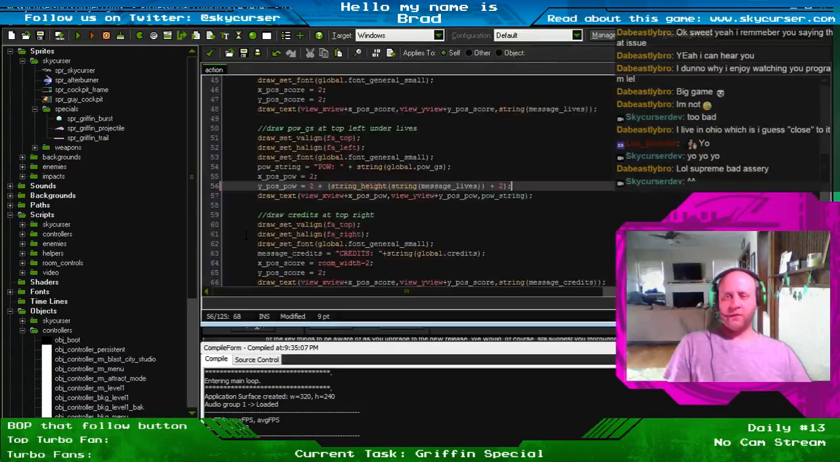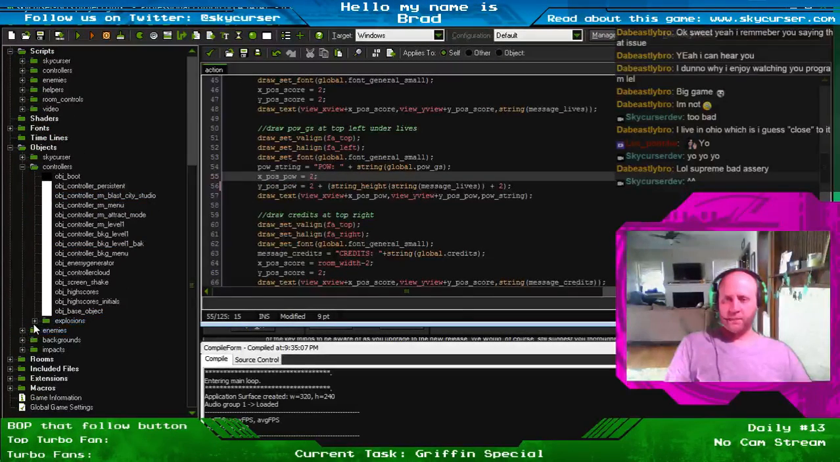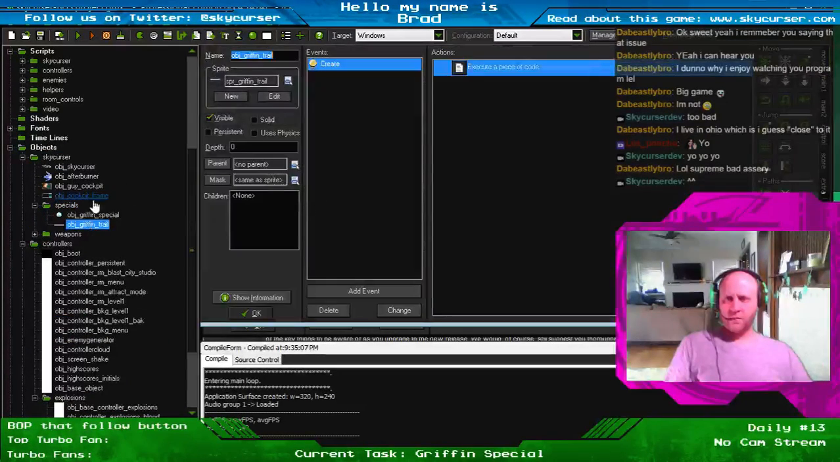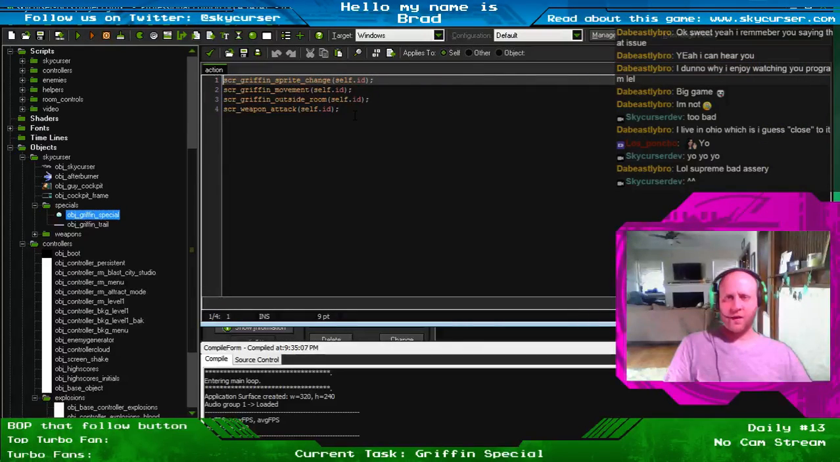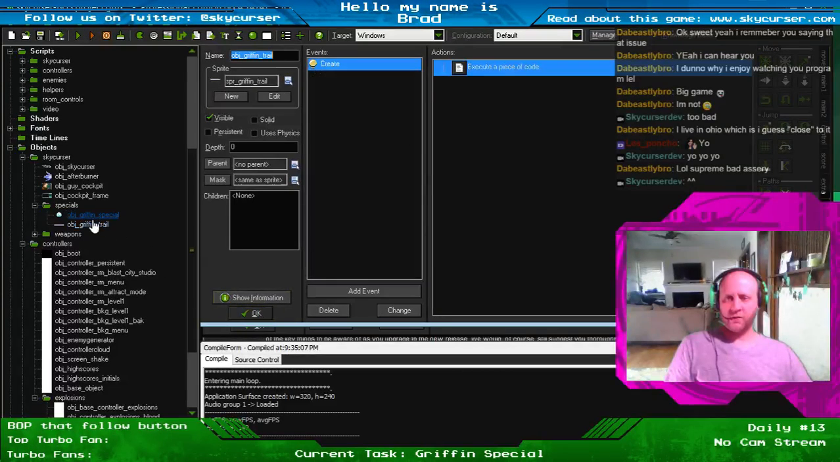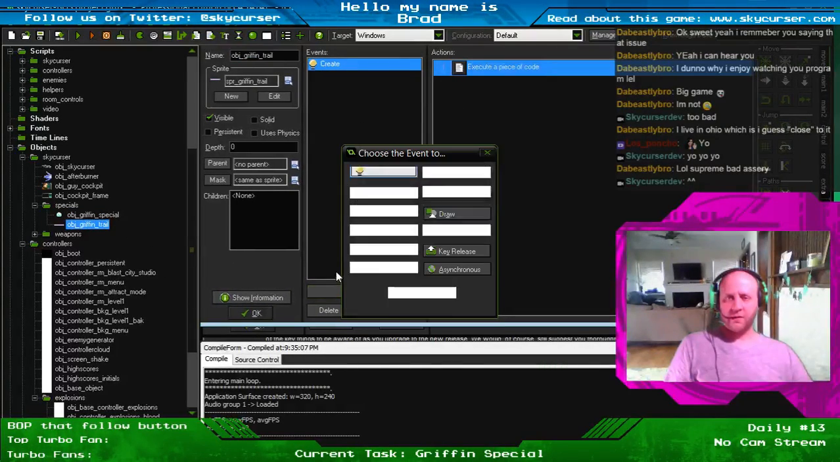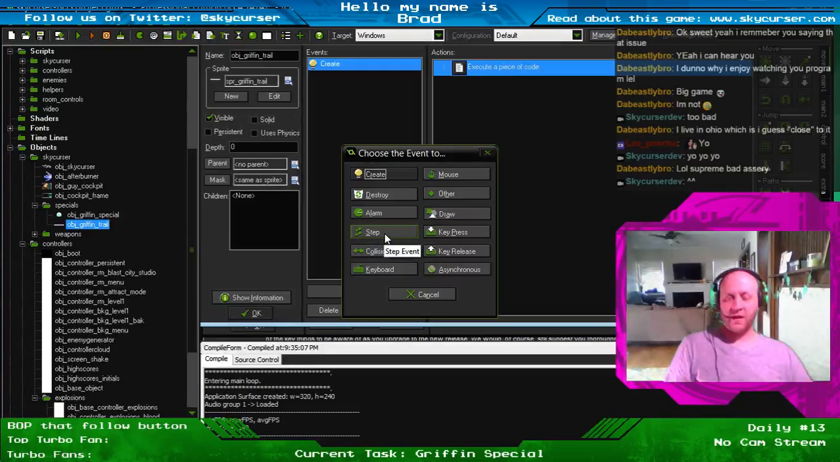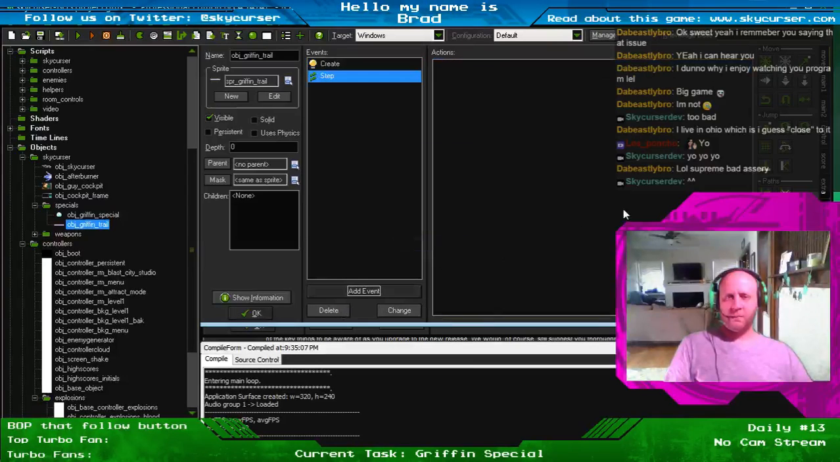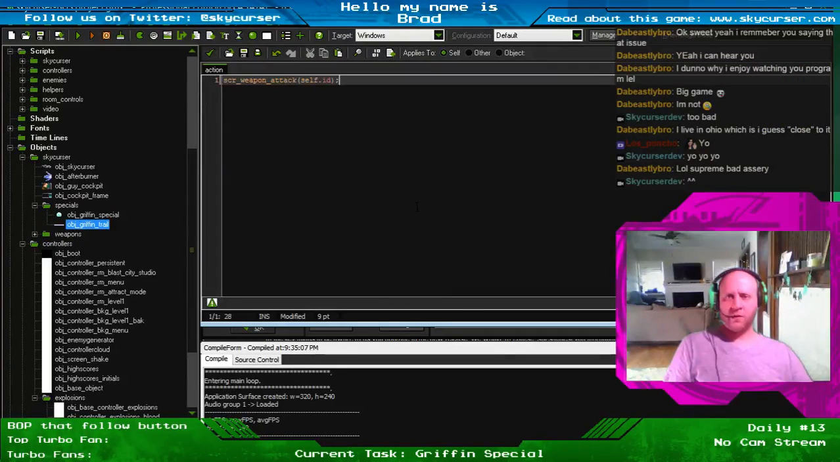This does mean that we're going to have to do something slightly different, which is also make sure that the trail that's left behind by the Griffin also has a step event. We kind of just do what we're doing with this guy, which is script weapon attack self.id, and I'll make an exception for this guy over in the other file. So step event, step, drop in the weapon attack,